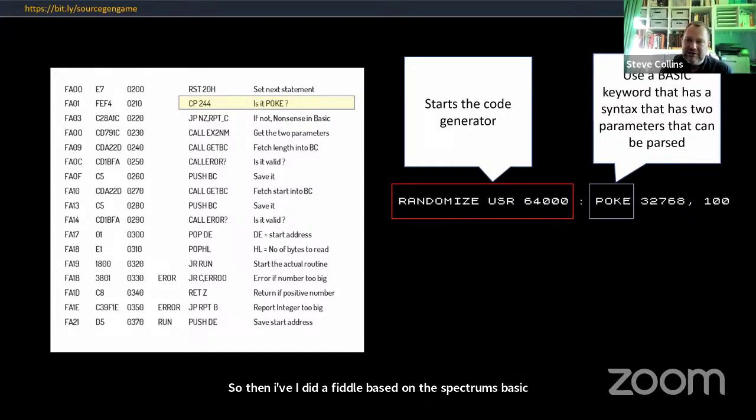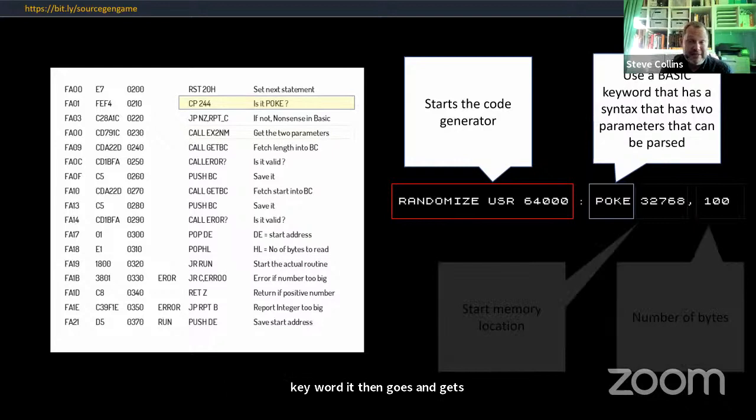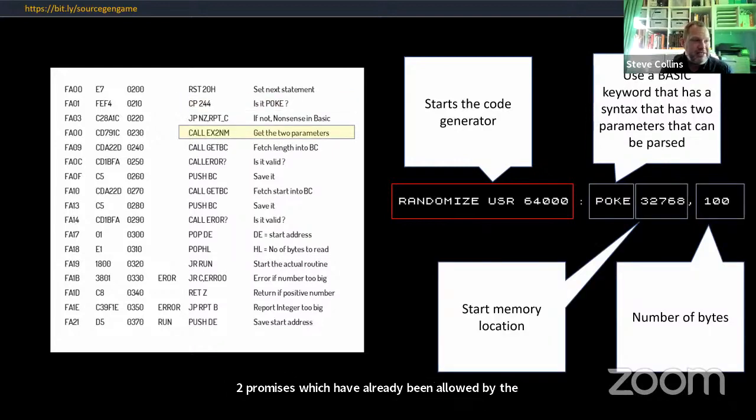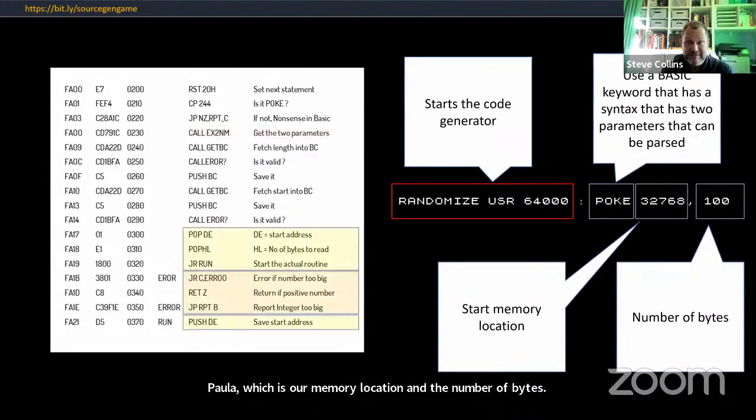The first thing the code generator does is check that the keyword expected after the colon is the POKE keyword. It then goes and gets two parameters which have already been validated by the BASIC parser, which are our memory location and the number of bytes. If all's good, it starts the generation process. If something's wrong, it'll return an error. That's horrible code. That's Z80 assembler machine code. But to all intents and purposes, that's what we're doing with the C# source code generator.